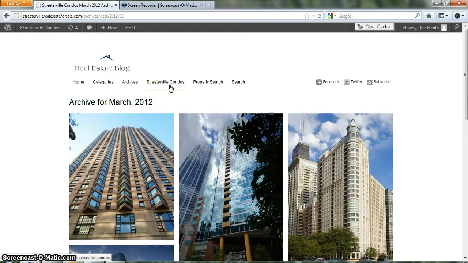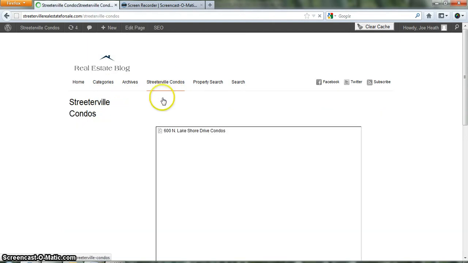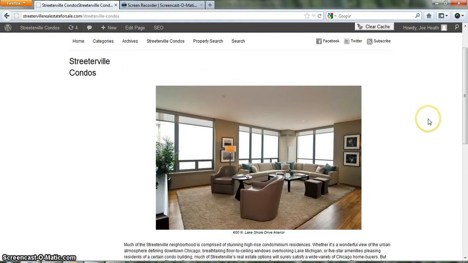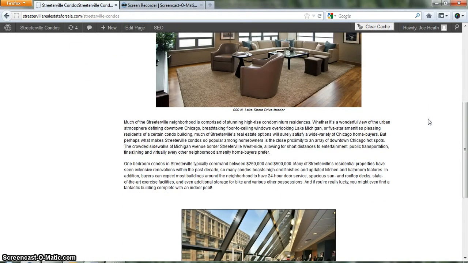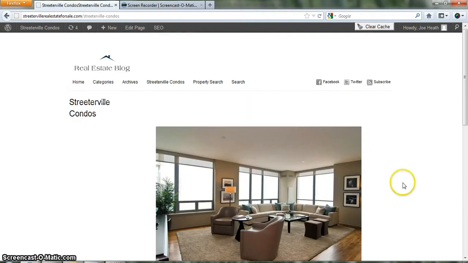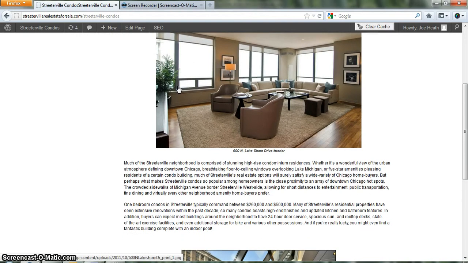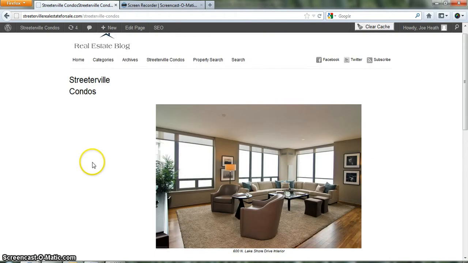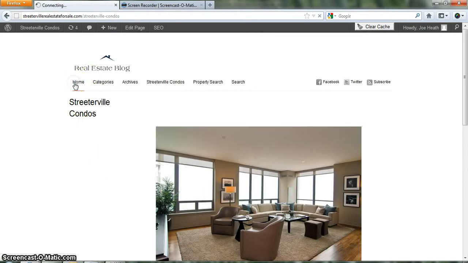Streeterville Condos, this is an example of a website page. If I click Streeterville Condos, this takes me to a page that I've created which details living in Streeterville, what to expect as far as real estate prices, as you can see right here. Talks a little bit about some of the buildings. I mean, any page you can set up can talk about anything you want it to, but this particular page that I've set up talks a little bit about the Streeterville condo market, which is a neighborhood in downtown Chicago. So now that we know what the difference is between a page and a blog post,